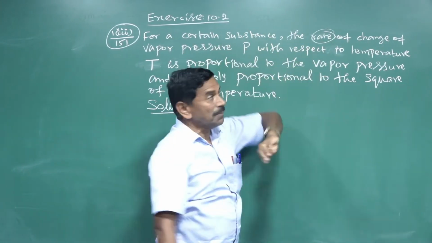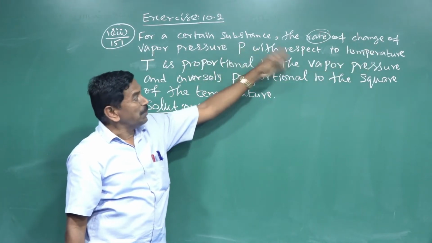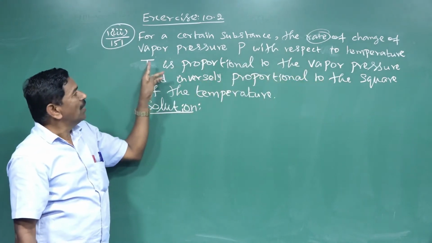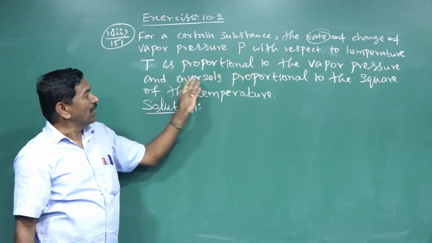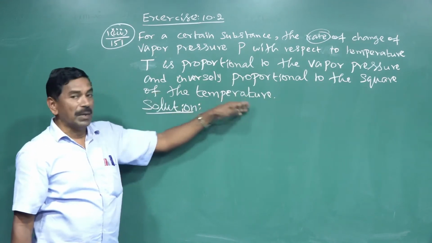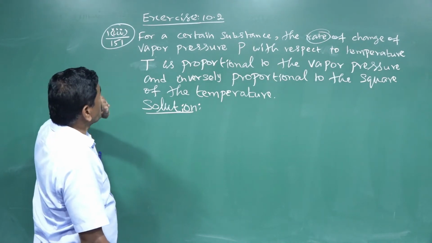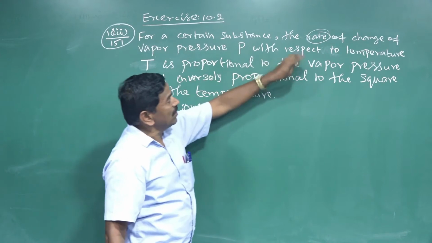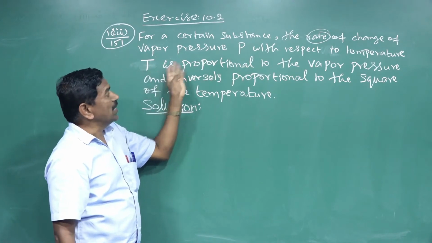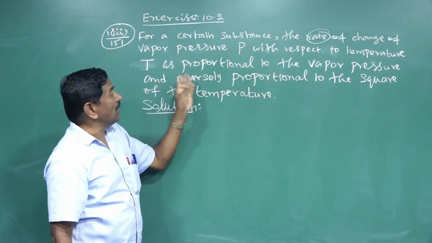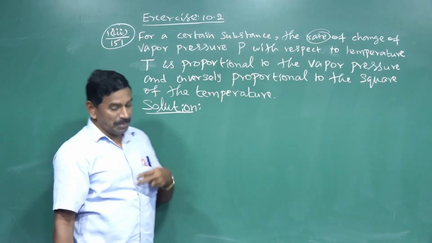For a certain substance, the rate of change of vapor pressure, capital P, with respect to temperature T is proportional to the vapor pressure and inversely proportional to the square of the temperature. So the answer is given by,